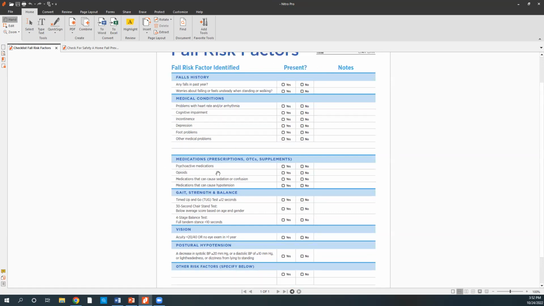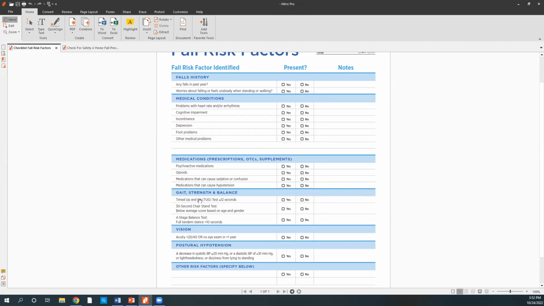Medications, encouraging our residents to do a medication review with the pharmacy when they go out to maybe have a prescription filled, if we're not the ones overseeing their medications. Encouraging them, hey, talk to your doctor, talk to your pharmacist if you have any of these medications, and what we can do about fall prevention here, keeping you as